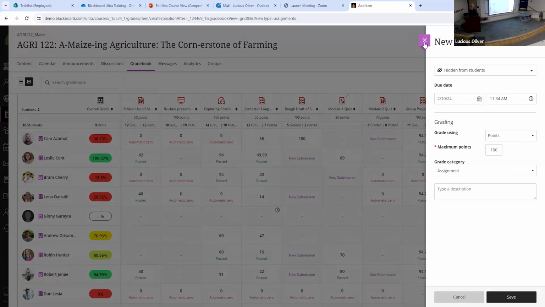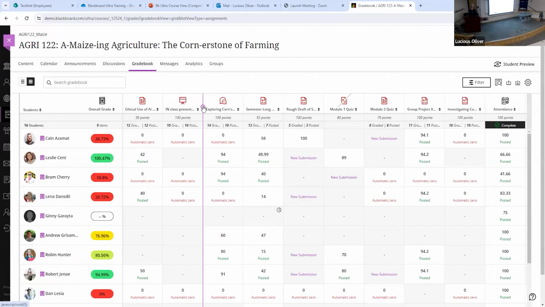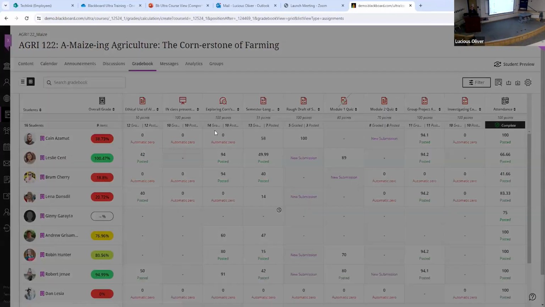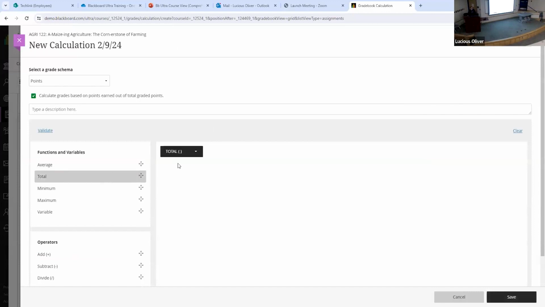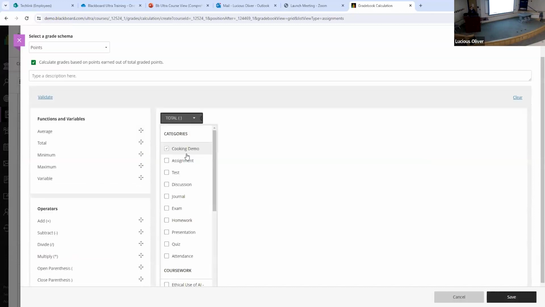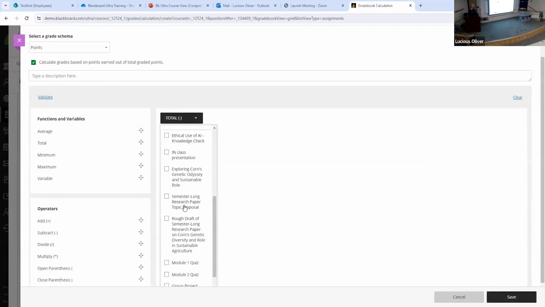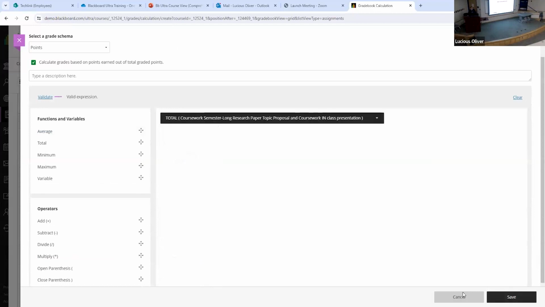And so you can add that, or if you want to add a calculation, maybe you want to report that grade as one grade, your paper and your presentation. You want to see what they got separately, but you want to see a final grade of that together. You can come in and say, give me a total of those two items. So if I do coursework and say I gave research paper and in-class presentation, and I save that,